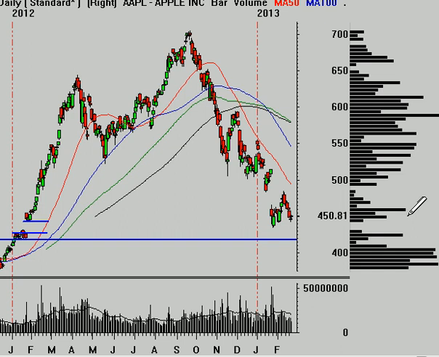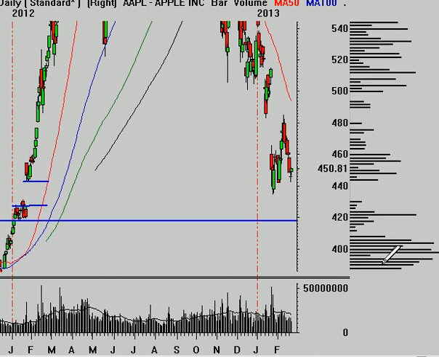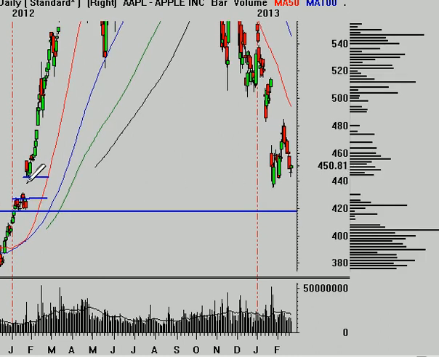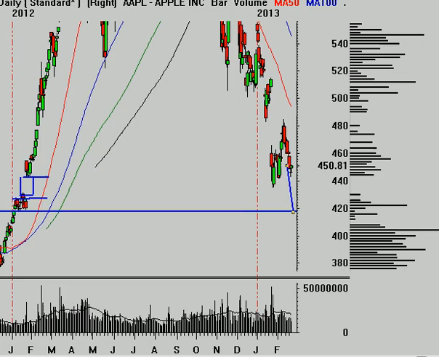What that means is basically that very little volume traded in there, so there's not likely to be a lot of support. Let's zoom that in a little bit here, and we can see that really no volume traded in there. So it creates that air pocket that makes it easier for the stock to continue to decline down towards that. So what I'm thinking a possible scenario is that we can get a little bit further bounce, perhaps up to about 459, and then we begin that next leg lower that gets us down towards that 415,